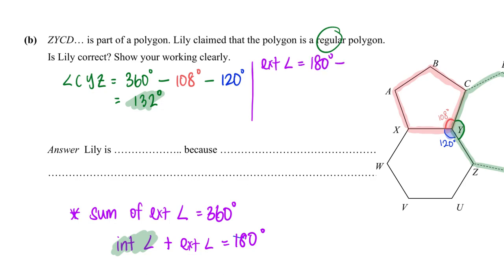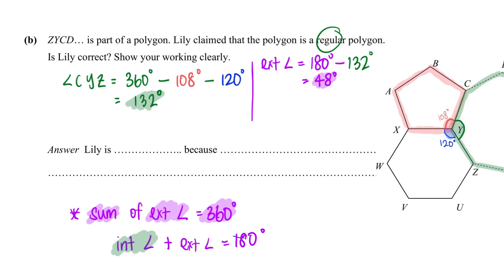180 minus my 132. This will give me 48 degrees, and because I know the sum of exterior angles is 360 degrees and I know one exterior angle is 48,